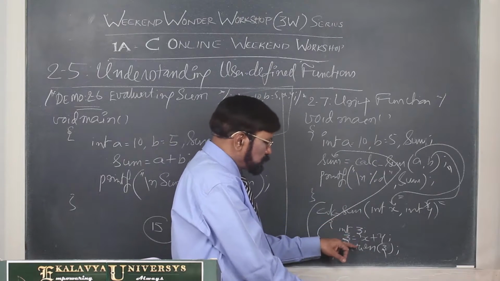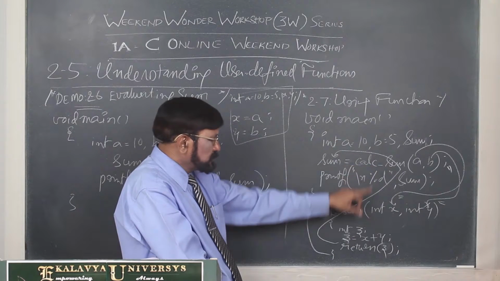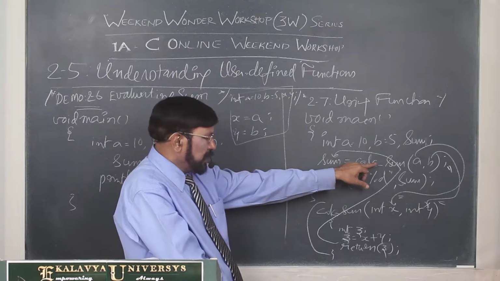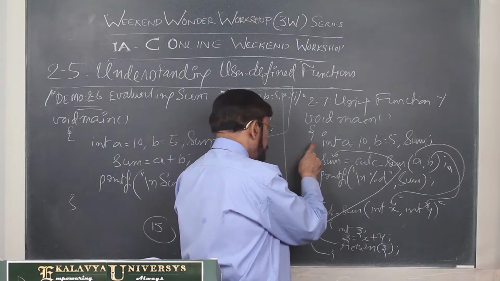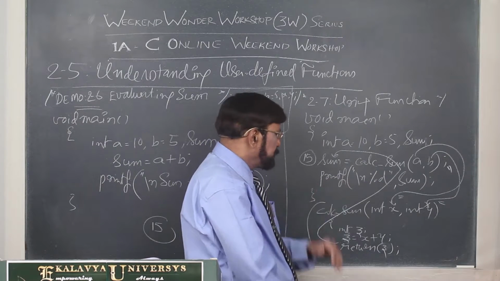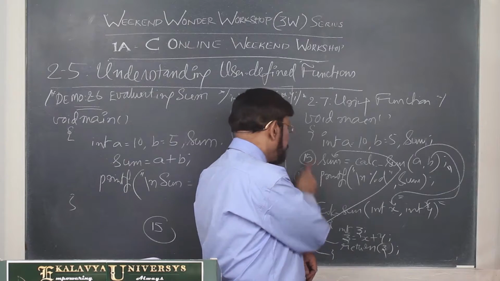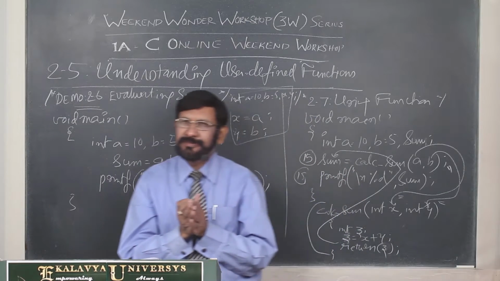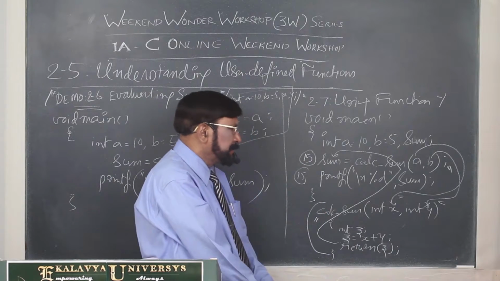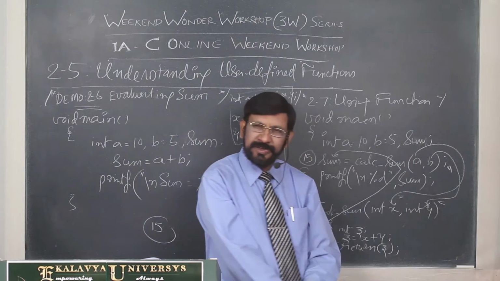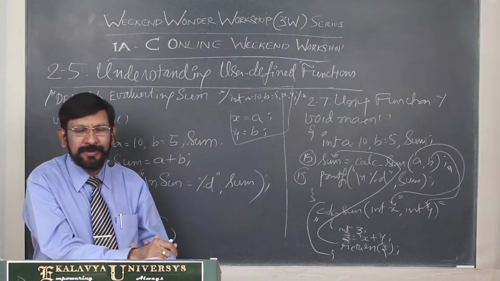Now it goes to the caller function. So it goes here, and in turn whatever value it received, it sends to that. So where is 15 stored? 15 is stored here. Then printf you are writing, then the result would be 15. This is the magic. Here also, what is there? One invisible assignment is there. Here two invisible assignments are there. If you are able to convince yourself with this concept, you can achieve perfect command over this.